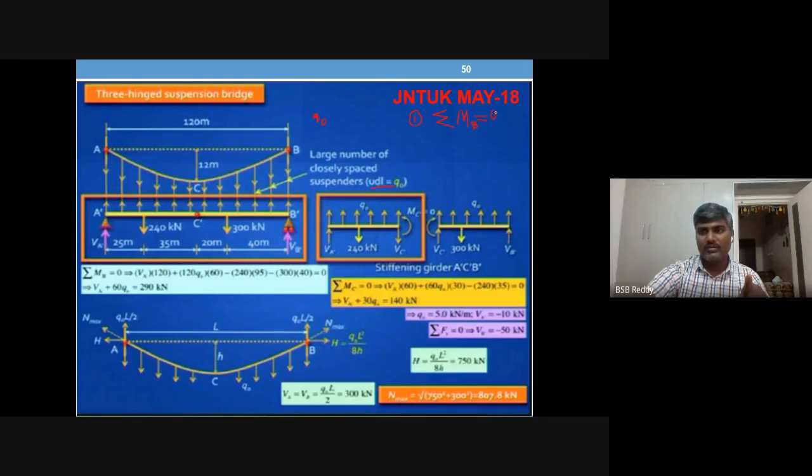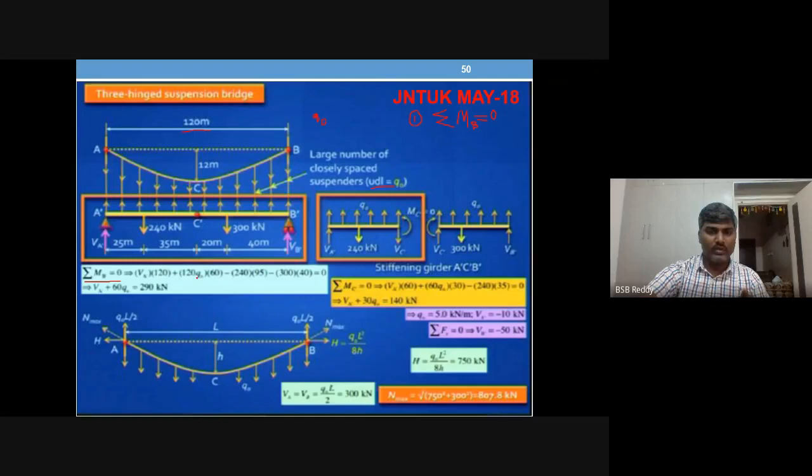Applying sigma MB equals 0: VA dash into the perpendicular distance 120, VA dash into 120. Clockwise is considered positive. Next, Q naught, the UDL, into